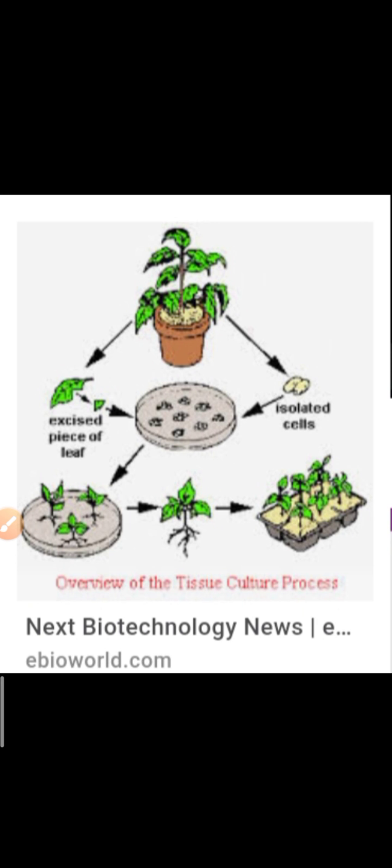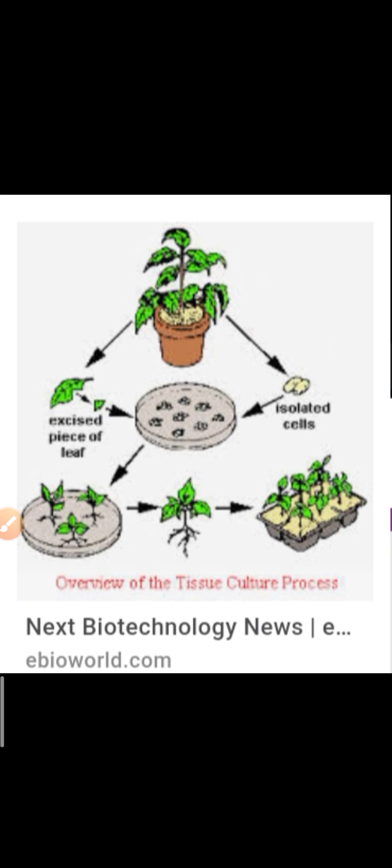Okay, that is tissue culture. So, what is tissue culture? First, what is a tissue? Tissue is a small piece of cells. A small piece of the same type of cells is known as a tissue. When the same type of cells bind together, they form a tissue. And when the same type of tissue binds together, it forms an organ. When different organs work together, they form an organ system. So this is the main sequence of life as we can observe it in our surroundings.